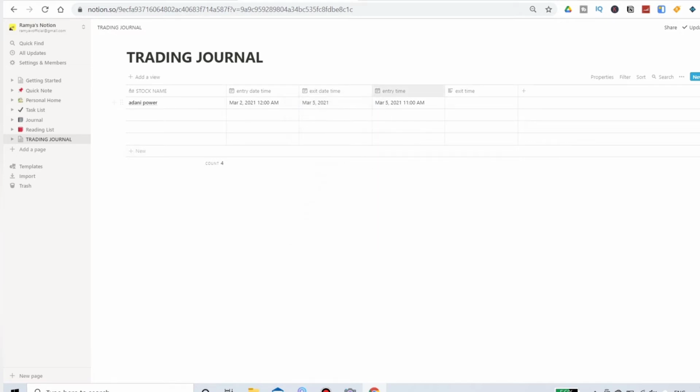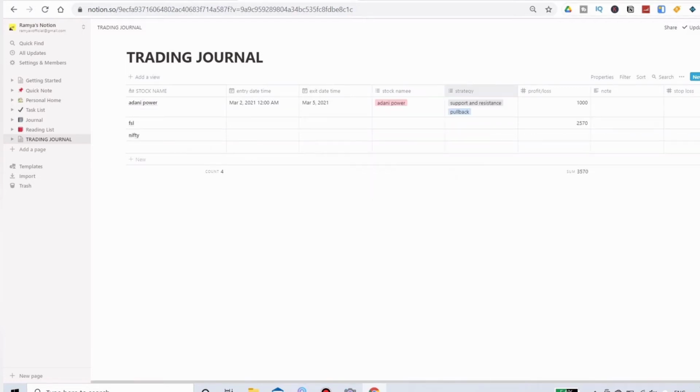Now we'll change this into what, in order to group it, you should have it as a multi-select. So I usually have another stock name in multi-select, so that if you want to group it later, if you want to see what stocks you have traded in past weeks and how these stocks have performed and what is the pattern of the stock you want to understand, you can do that. So I used to do this here, Adani Power.